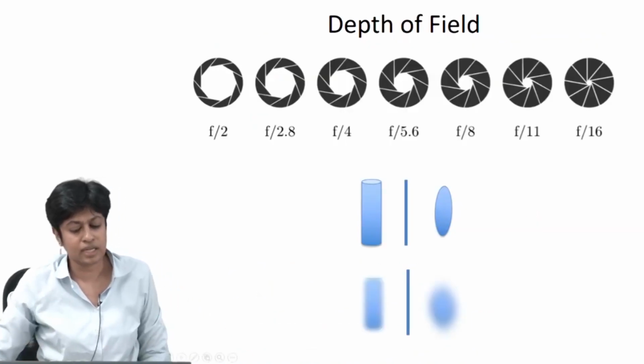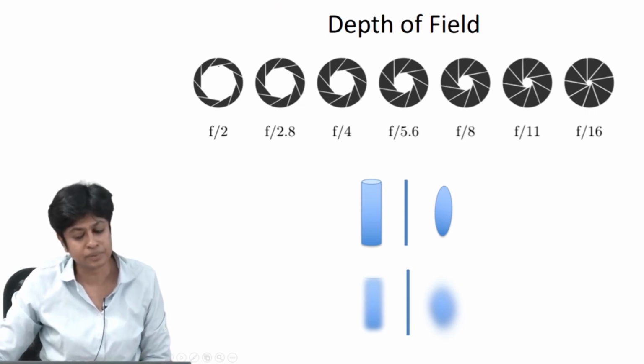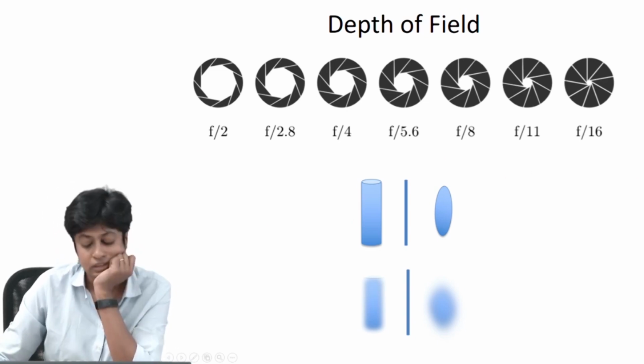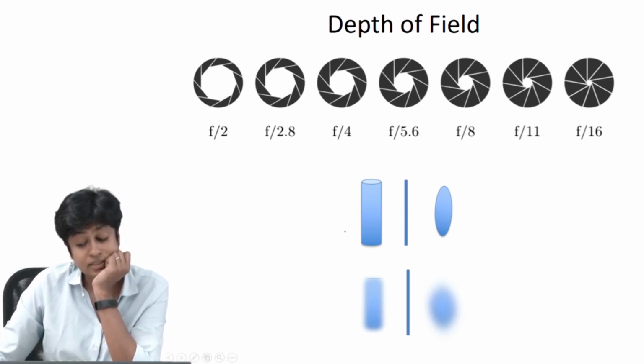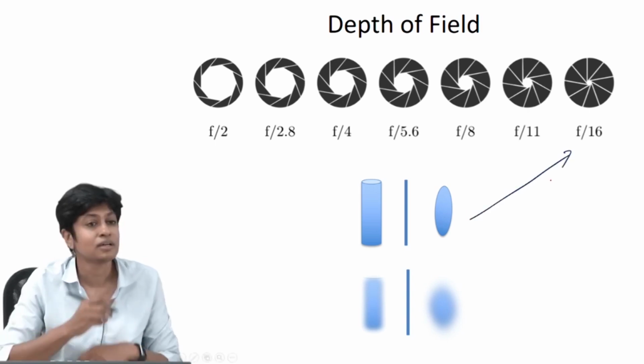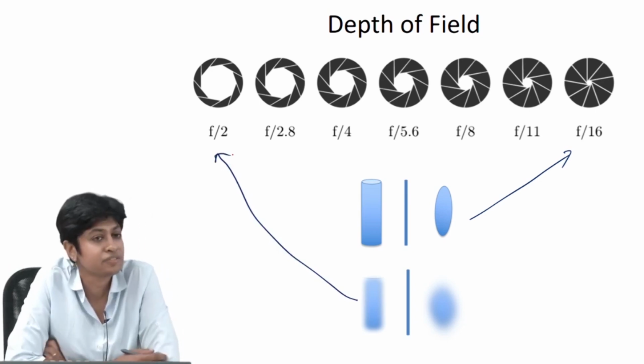Yeah, so I just have this, it's basically a summary of what I said. If you have these different aperture settings and this was your object, which of these would you say has been imaged by, let's say the upper image was created using the f/2 setting or the f/16 setting? So the top one is the f/16, right? Because it has a large depth of field, right? And maybe this was created by this with a very shallow depth of